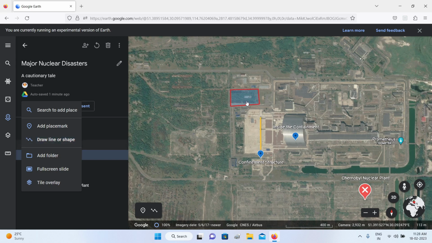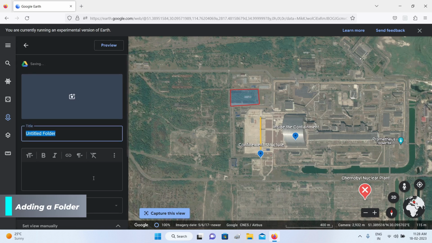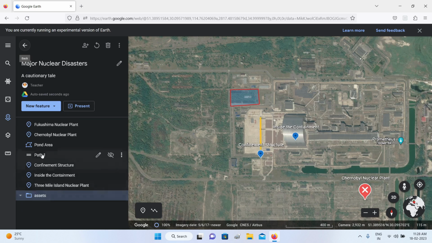And these are all live things. You can zoom in and zoom out, as I have already mentioned. Many times what happens is if you have lots of shapes and paths, etc., what you can do is you can add a folder. So let us say, for example, and enter. So a folder has been added and you can drag some of these drawings and put them inside one single